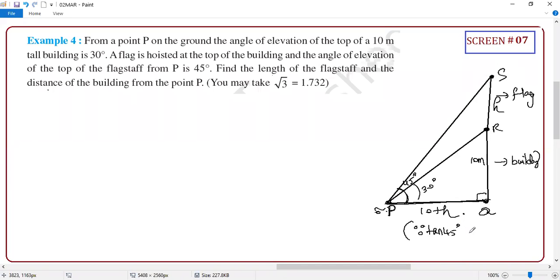Tan 45 degree equal to 1. That's all. So tan 45 equal to 1. You can say opposite adjacent, but still why question will come. But this is a better explanation. Why I said my adjacent side is 10 plus h. The simple reason. Normally this kind of problem will be solved in 2 steps. Because of the 45 degree, 1 step is done in the diagram itself.